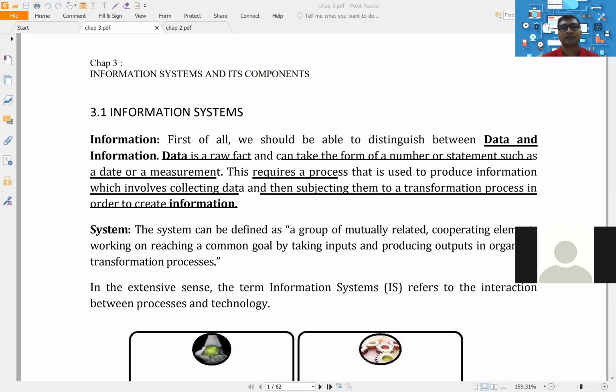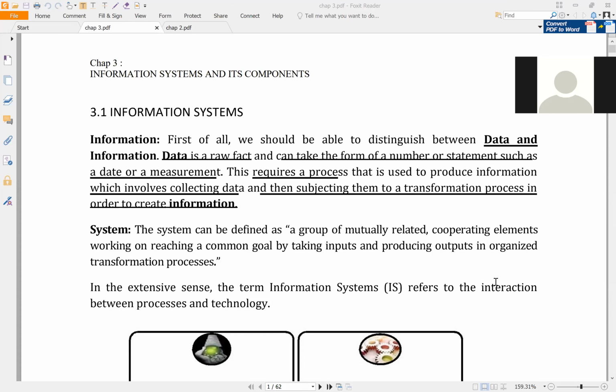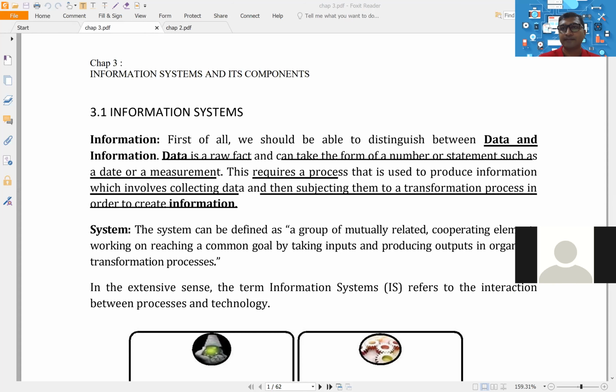So I will try to focus on those concepts, those areas which I feel are always required by the students. I will recommend all the students that they should keep their notes along with them. So I hope all the students have their notes together. First of all, let me complete my topics. After completing chapter number 3, if you require any specific clarification, then put it in our chat box. Now, here we are going to start chapter number 3. Just a second.